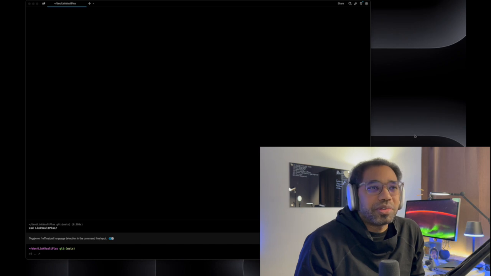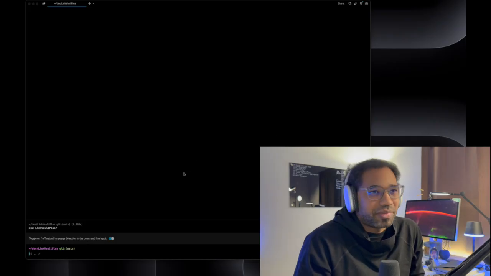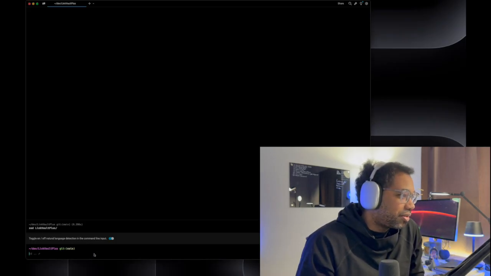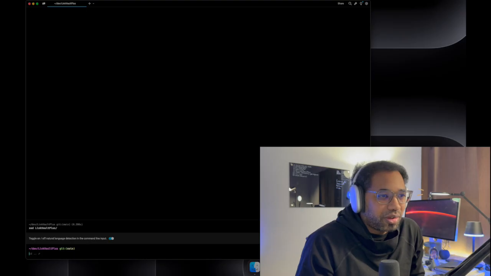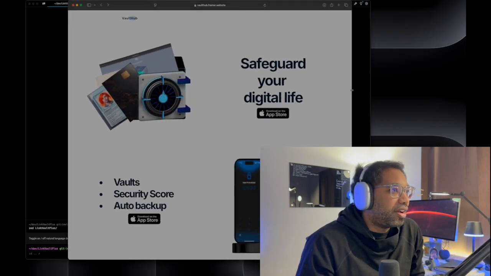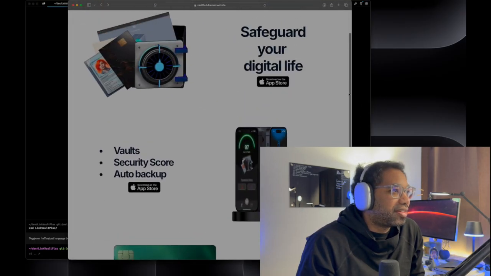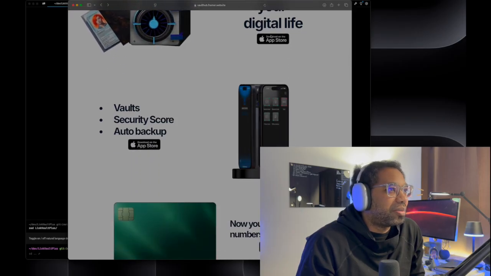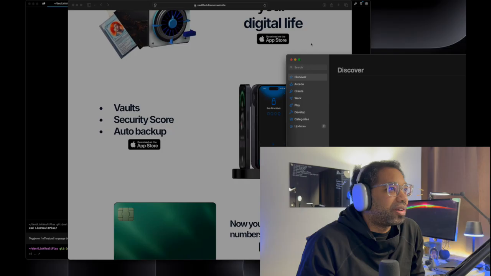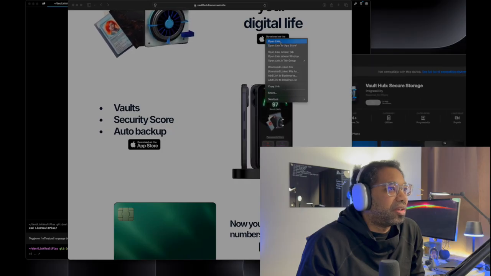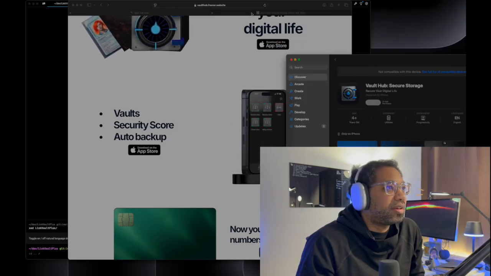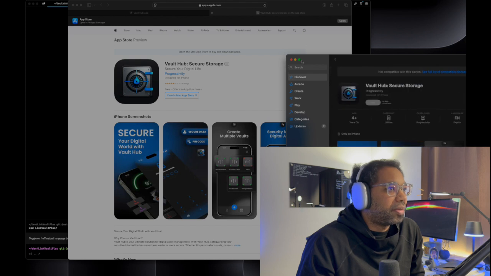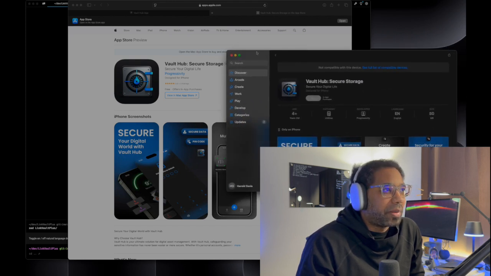So we're in a situation where we don't have a product team, right? So what we'll do, I'm just going to go ahead and open this app up really quick. Actually, let me show you what we're working with first. So basically, this is sort of like a landing page for the app. There's a couple of screenshots there, but more importantly, let me open up another tab here. There we go. Try to open on my Mac as well, but